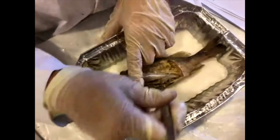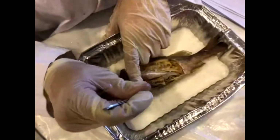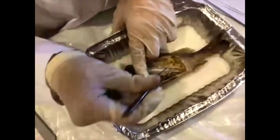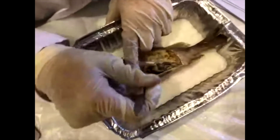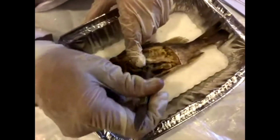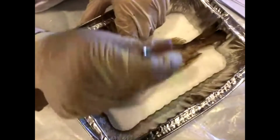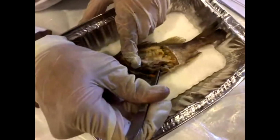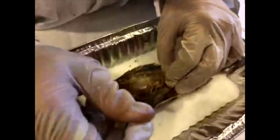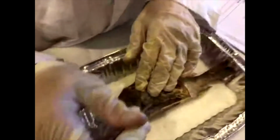And then in here we've got some pyloric ceca, or stomach chambers. We've got the testes down here, and then we've got the intestines way at the bottom. And this one, actually, the intestines are a little bit better intact, so you can see. And we actually couldn't see this on the previous one. Right here